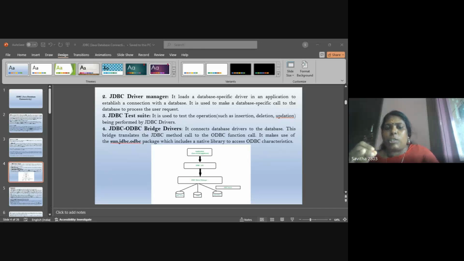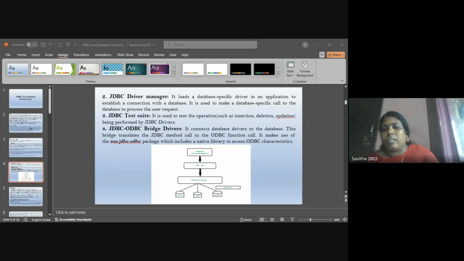Then the driver manager plays an important role in the JDBC architecture. These are the drivers that make the connection between databases through the Java program. In the Java program, we need to connect with the JDBC drivers only.